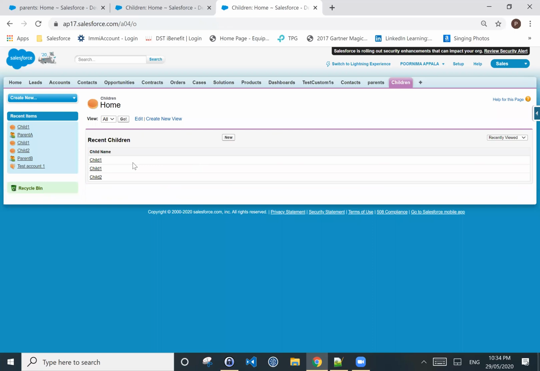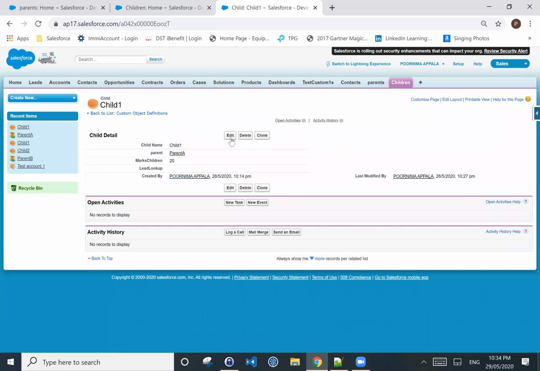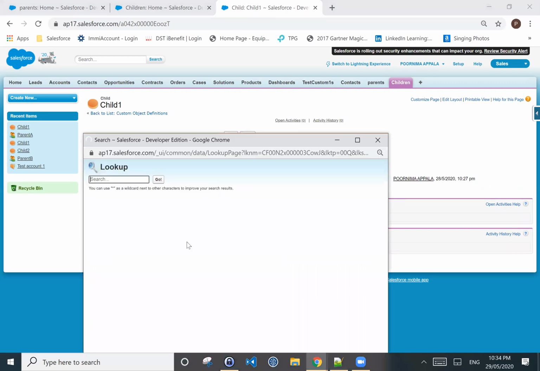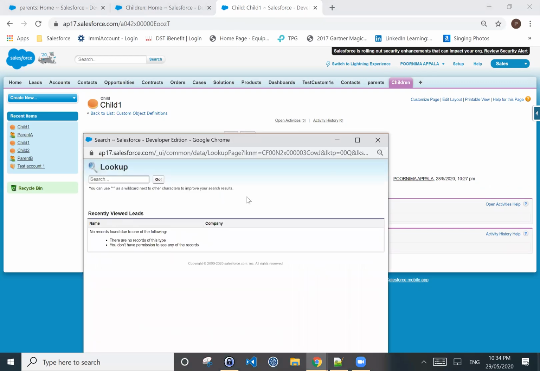Click on it and create, edit. So give some parent here. Double click on it. Search for the parent here, click on the magnifier. There is none, because the lead has been deleted.